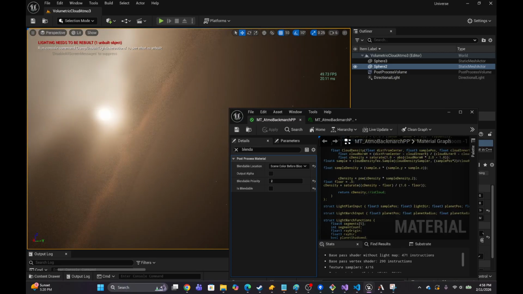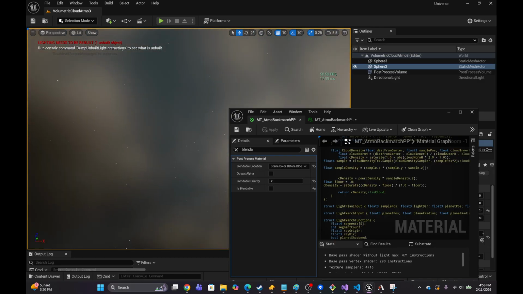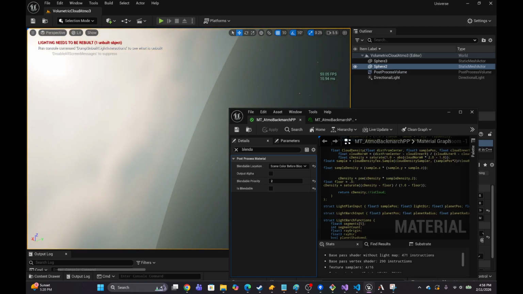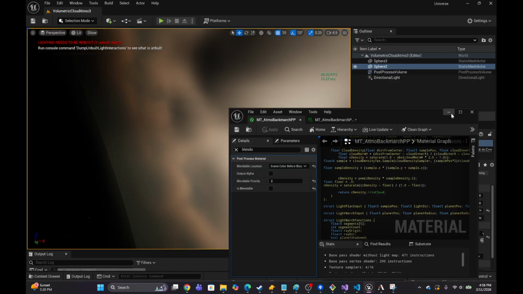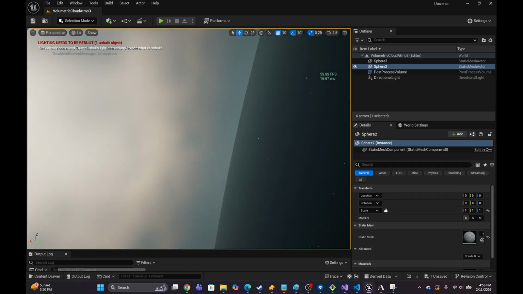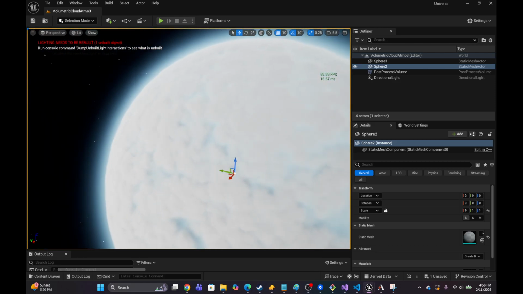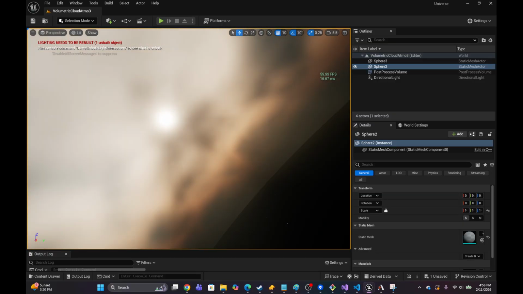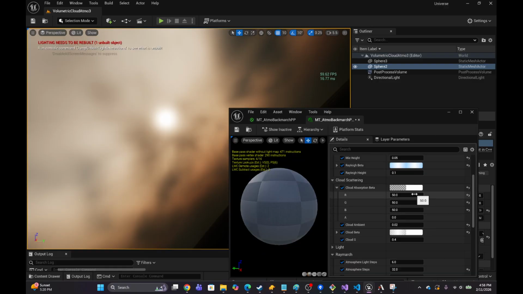Now, what if we go under the clouds? Now we get what it would look like to have near complete cloud cover. And you could turn this up if you wanted to have storms occur or something like that. But also, we're getting God rays through the thinner parts of the clouds. And that's because everything is working as physics dictates that it should. So the light is being absorbed by the clouds. The higher our absorption, the more dramatic that will be. So if we go back here again, for instance,